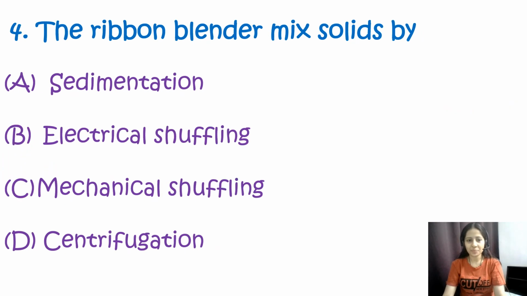Question number 4. The ribbon blender mixes solids by, options are sedimentation, electrical shuffling, mechanical shuffling or centrifugation. The ribbon blender mixes solids by the mechanical shuffling method. So option C is my correct option, since it employs a double helical ribbon agitator that rotates in a U-shaped trough. This motion causes the material inside to move in a convective pattern and promotes